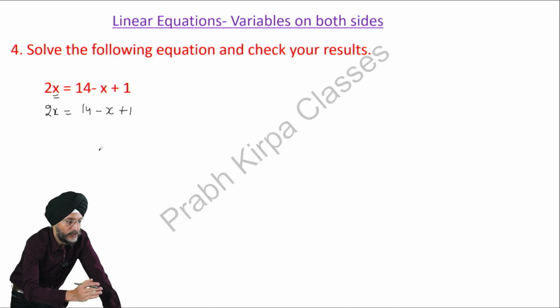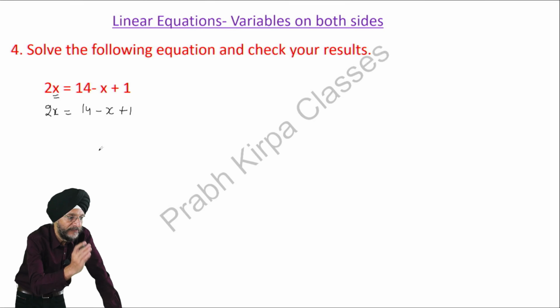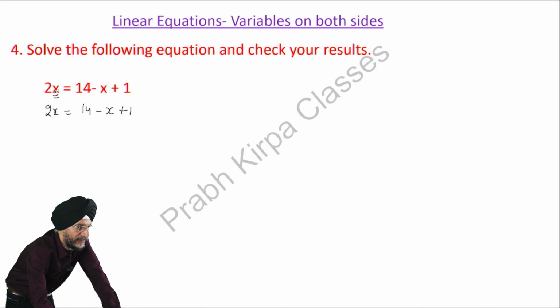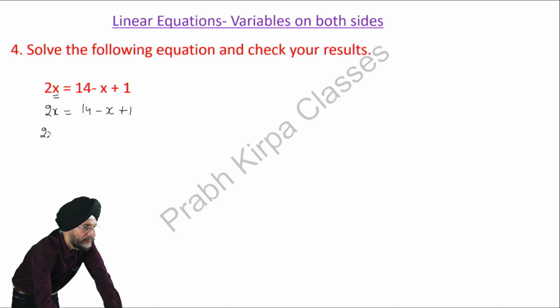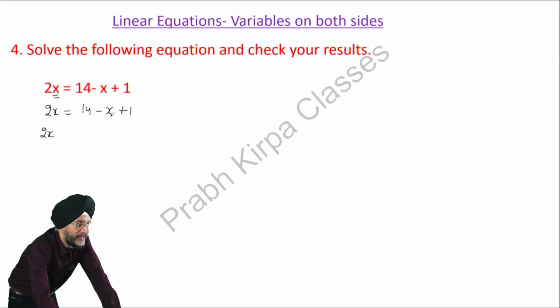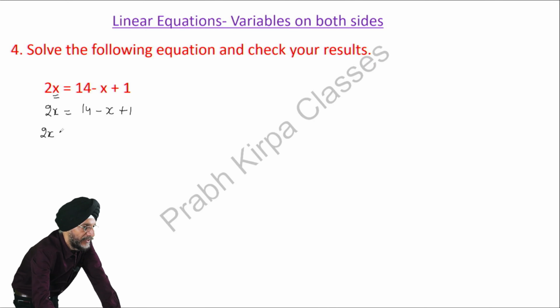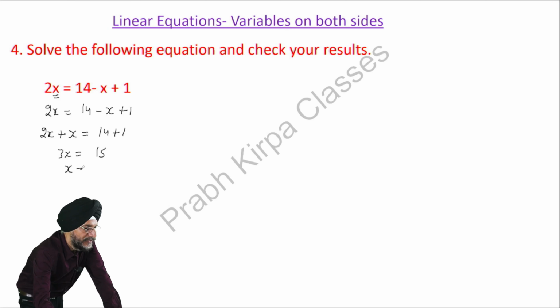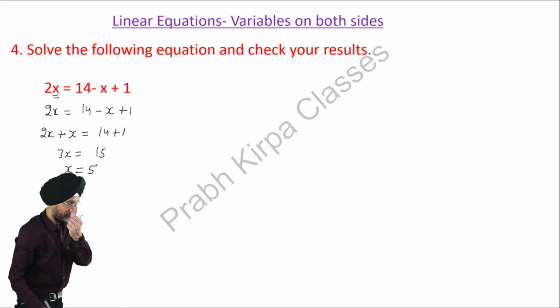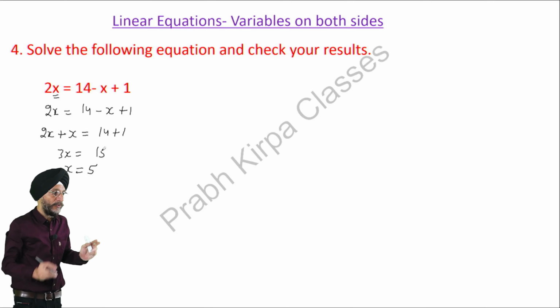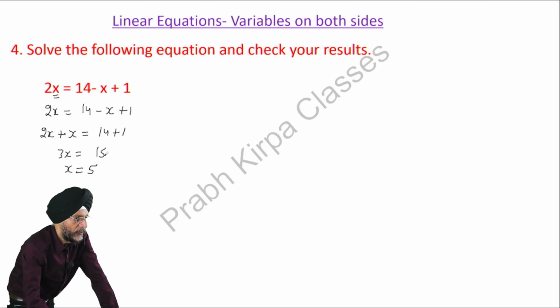So here, first of all, we will take the variable numbers to the other side. Variable numbers are 2x. From here, we will take this minus x to the other side. It becomes 2x plus x. 14 plus 1. It becomes 3x is equal to 15, or x is equal to 5. So we have arrived at the value of x. So now we will check